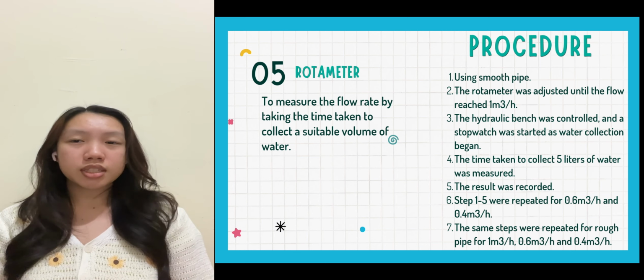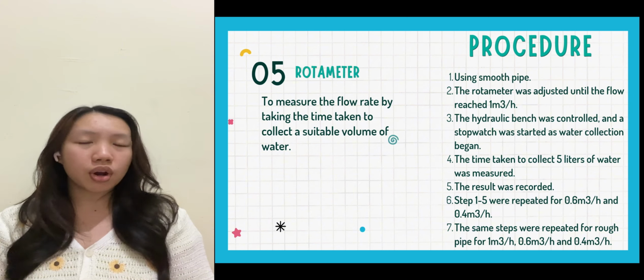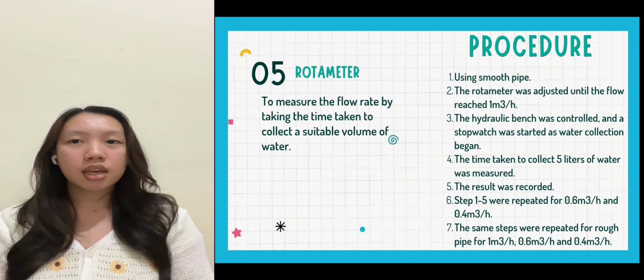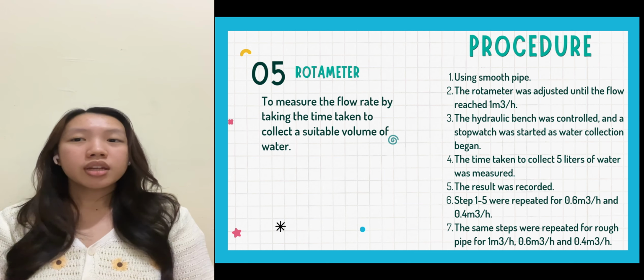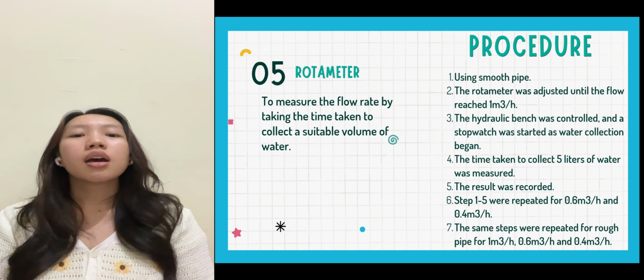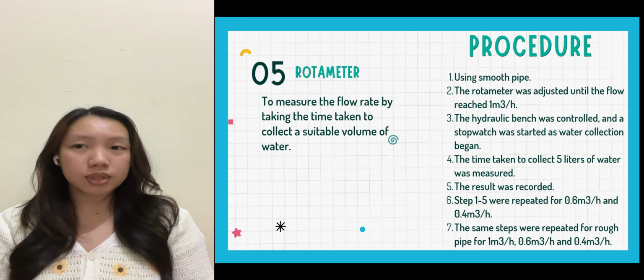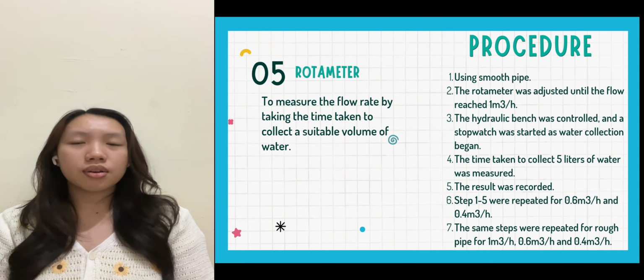This step was repeated at flow rates of 0.6 and 0.4 cubic meter per hour to ensure accuracy. We repeated the same steps using the rough pipe at flow rates of 1, 0.6 and 0.4 cubic meter per hour and recorded the value